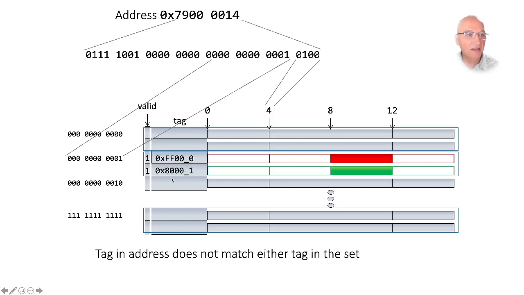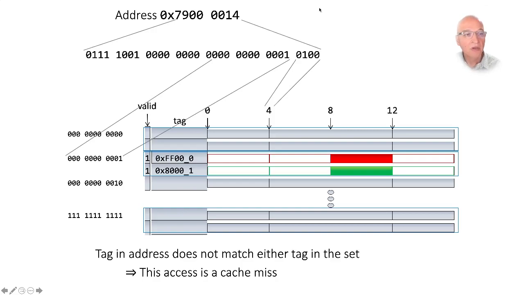So the tag in the address, that is 79000, does not match either of the tags that are in this set that was identified by the index. Therefore, the word that the processor wants is not in the cache, and I will report that this is a